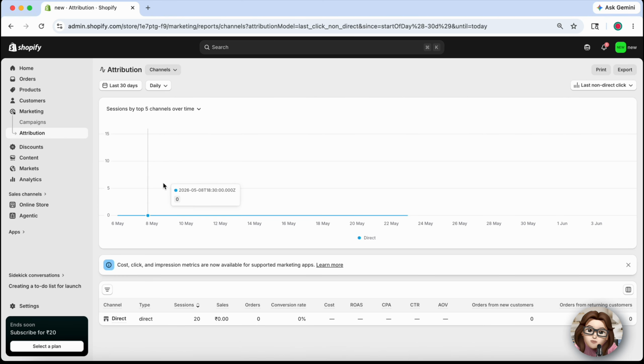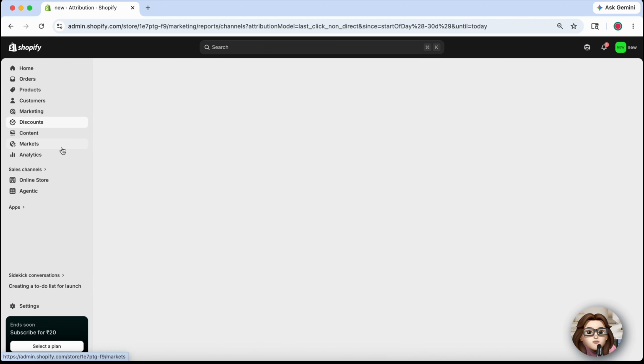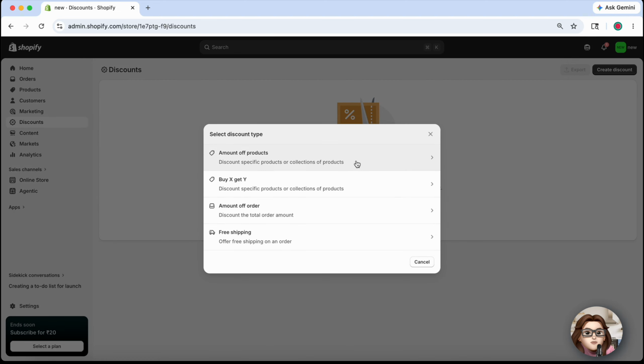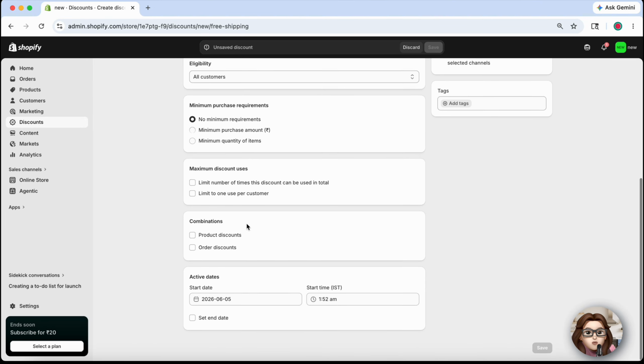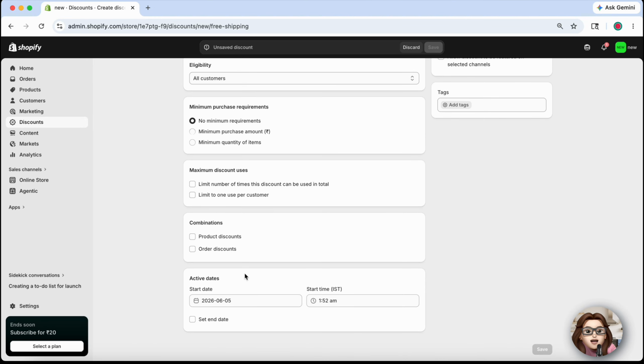Another effective advertising strategy is creating discounts and promotions. Navigate to the discount section and create offers like percentage discounts, buy one get one deals, or free shipping promotions to attract more buyers. Free shipping is especially effective because many customers are more likely to complete purchases when shipping